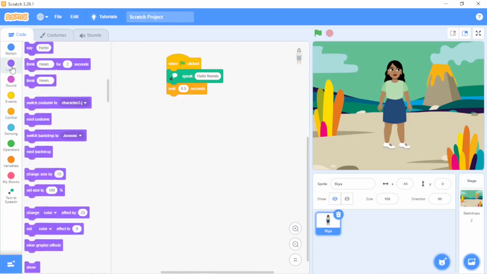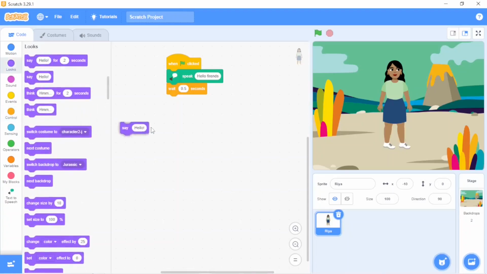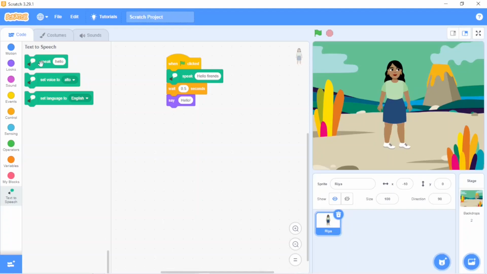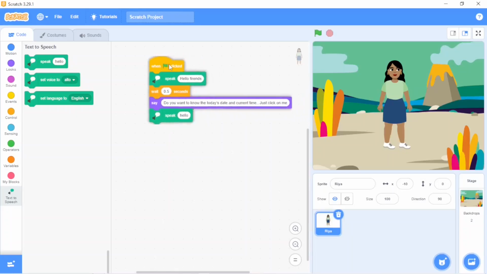Now let's take say and speak. First let's type here: Do you want to know the today's date and current time? Just click on me. Here we go.